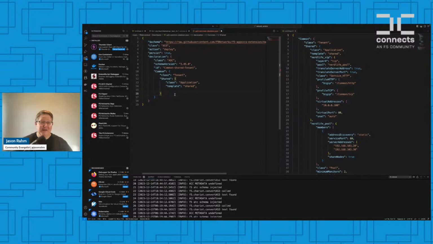And so that's the great thing about using an IDE versus using a text pad, is those kinds of features are super helpful in finding things that might be wrong. But okay, so what we're going to do is we're just going to add a couple iRules in here. And so the object that we're going to add is, we're going to call this,